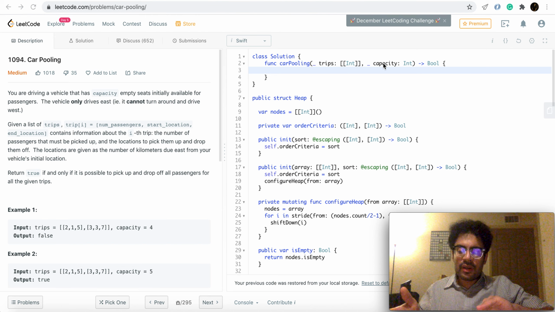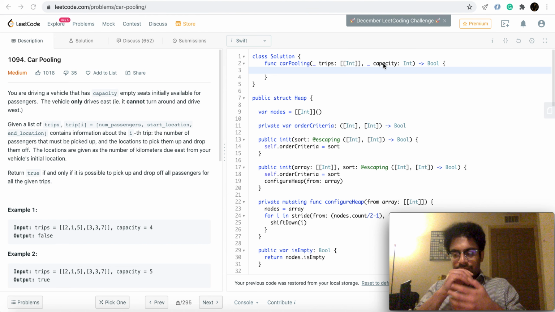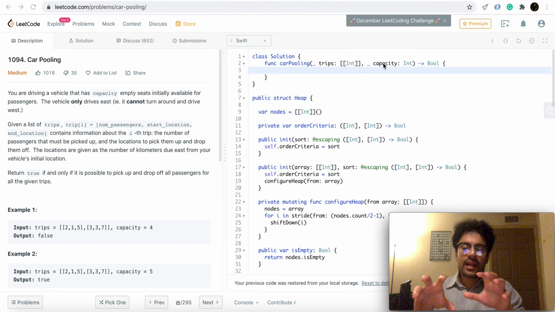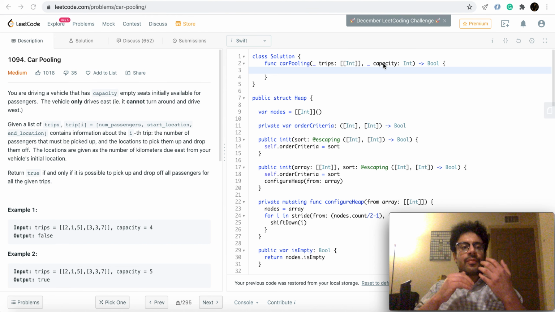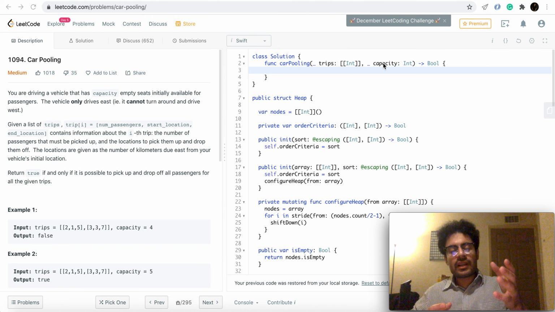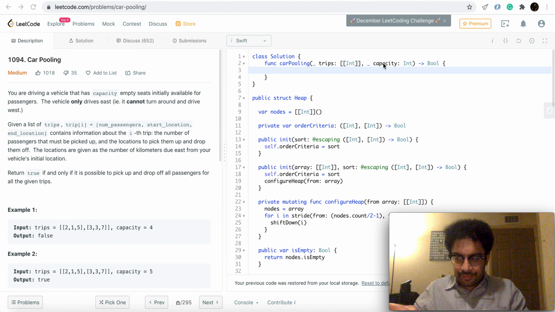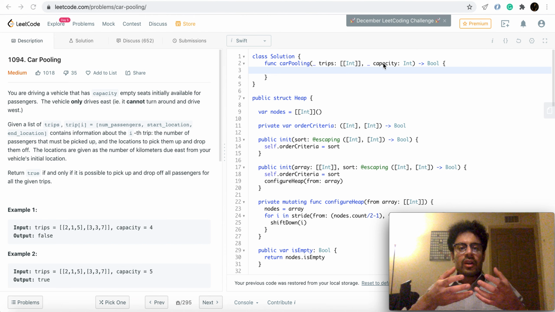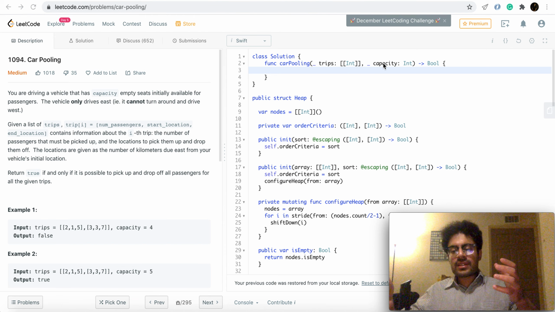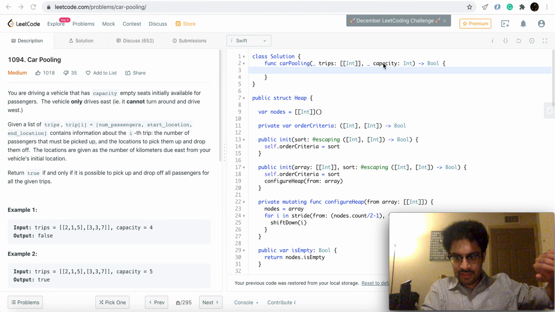This is where the min heap comes in, because it already holds the trips that are currently being serviced by the car, and they're sorted by end times. Whenever I remove an element from this min heap, it will give me, of all the trips currently being serviced by the car, the trip that will end first.